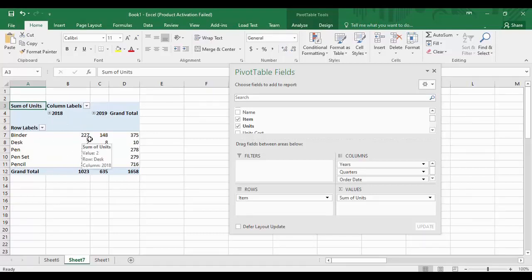Like in 2018, 227 binders were ordered, 2 desks were ordered, 106 pens were ordered, 112 pen sets were ordered, and 576 pencils were ordered. And similarly, this is the total data of the year 2019. Here you can see that this is a grand total of how many binders were ordered combined in the